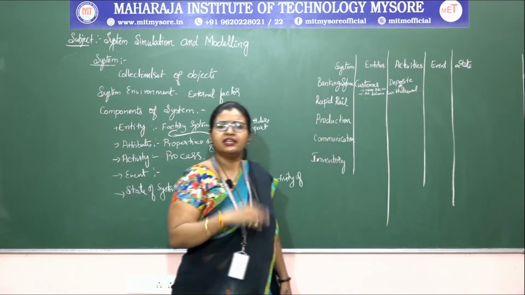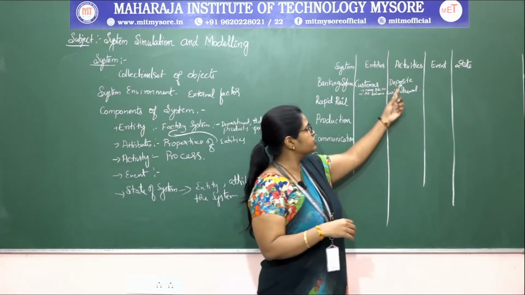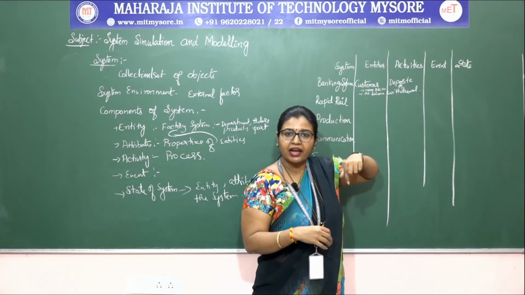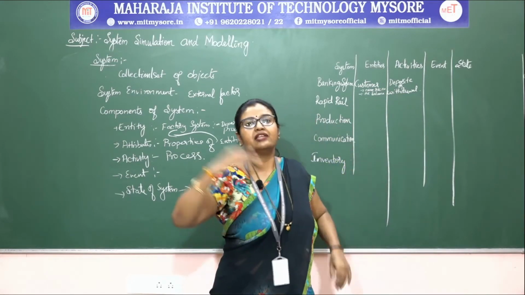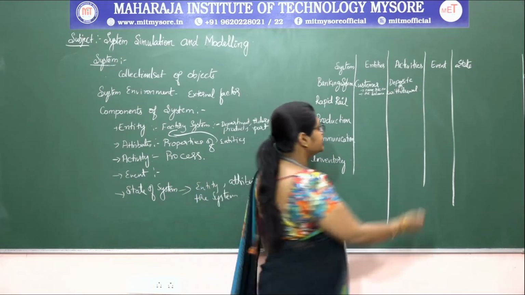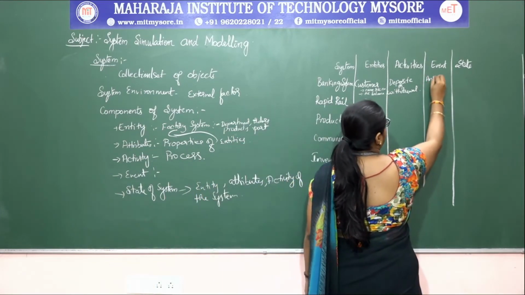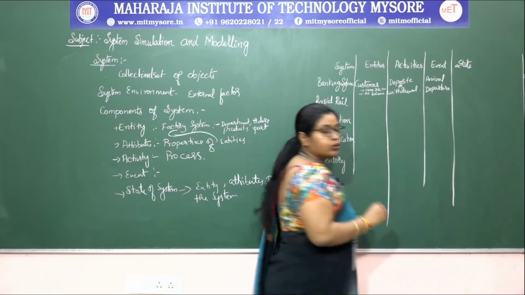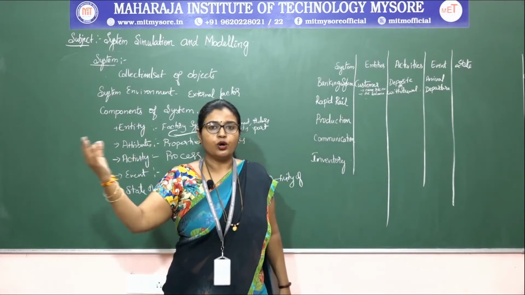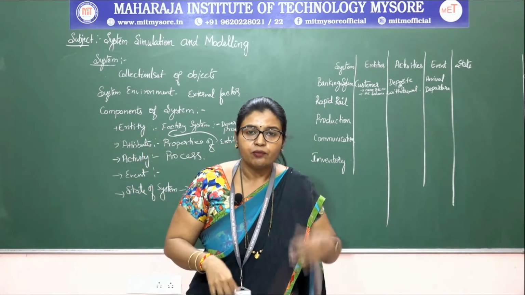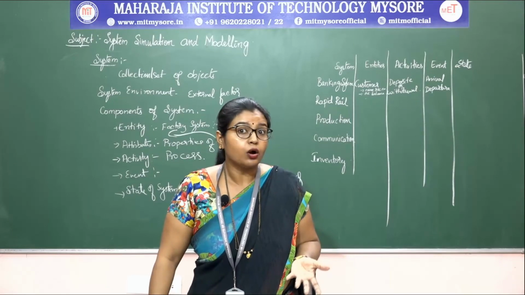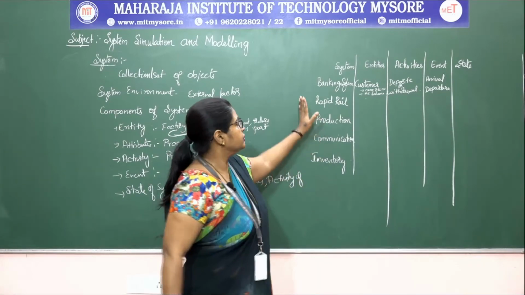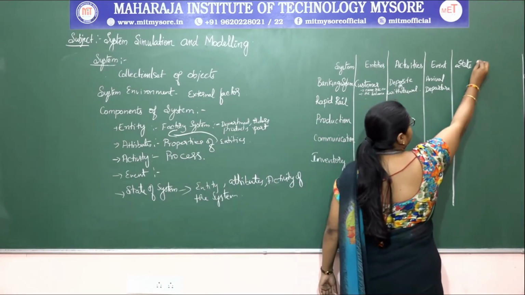Then what is the event? If the customer wants to do a deposit or withdrawal, he has to come into the bank, right? And once he comes, he has to go out of the bank. So the events are customer arrival and departure. Now what is the state of the system? If the customer comes into the system, whether there is a queue or not, the number of customers present in the system, the waiting line, is the state of the system.